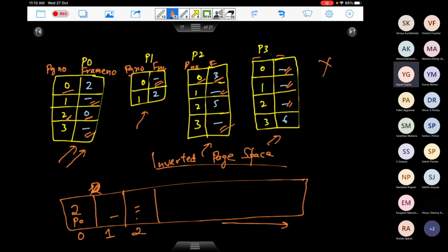How am I reducing space here? Previously, when you were storing these page tables, they all corresponded to the virtual address spaces, which were like 2 GB for each process. So if you had 100 processes, that corresponds to 200 GB. Now what you are maintaining here corresponds to your physical memory, which is 2 GB. So you'll have a lesser number of frames. And definitely there will be a large number of pages and very few frames in your system. Now we are maintaining a per frame entry, so the size of the page table reduces drastically.